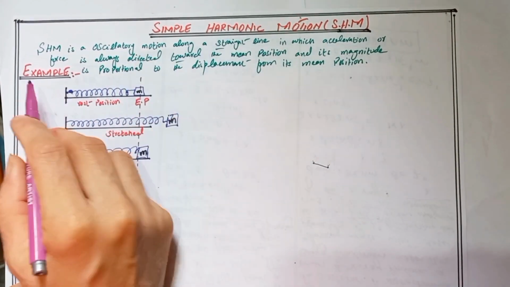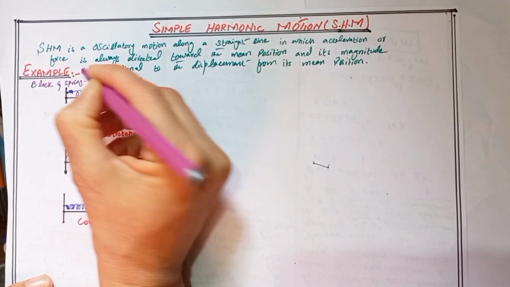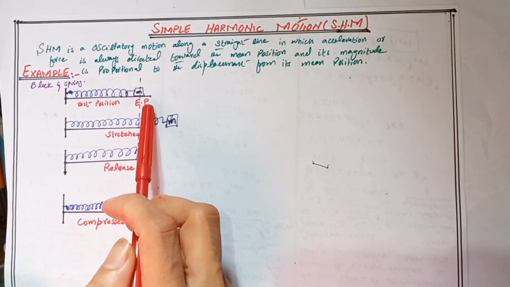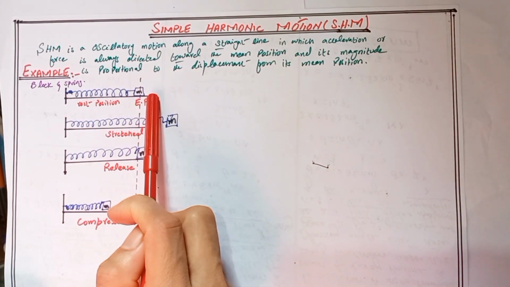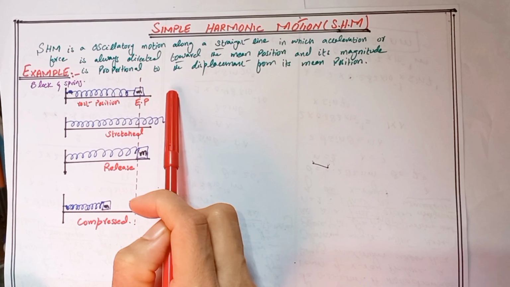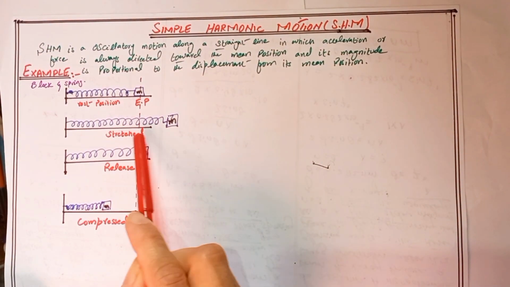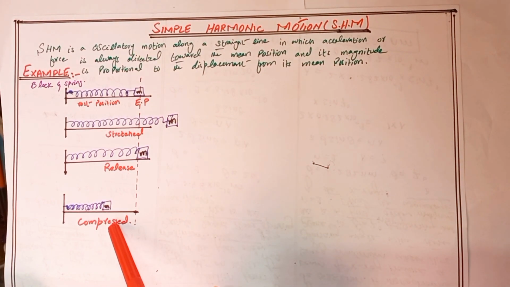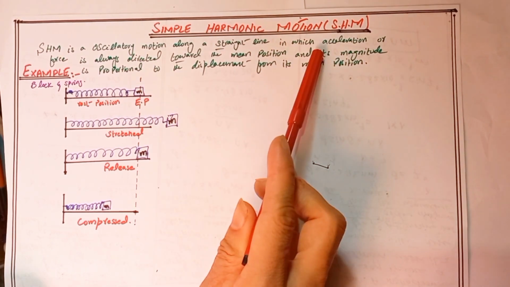To understand simple harmonic motion, here we take the example of a block and spring. Here they place a rectangular block on a smooth frictionless surface. Attach one end of the spring to a rigid support, and the other end is attached to the block, which is free. Pull the block of mass M toward the right and release it. The block is in the rest position; when we pull it toward the right and stretch it and then release it, it goes to the compressed position. So the block will begin a to-and-fro motion about its mean position. This motion is called simple harmonic motion.